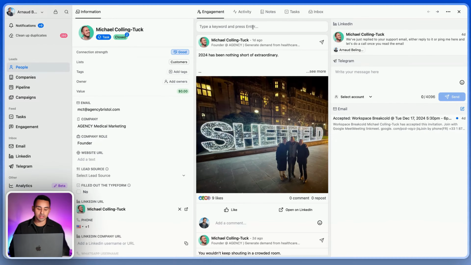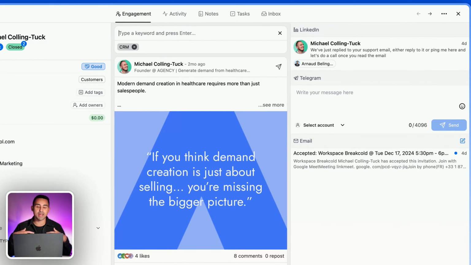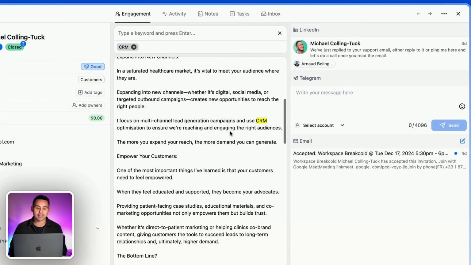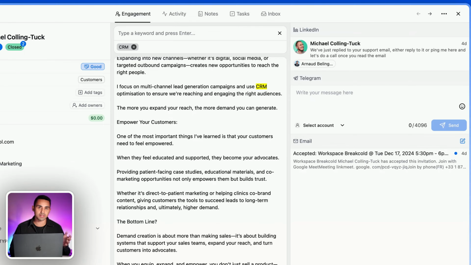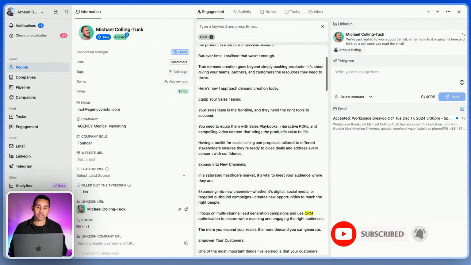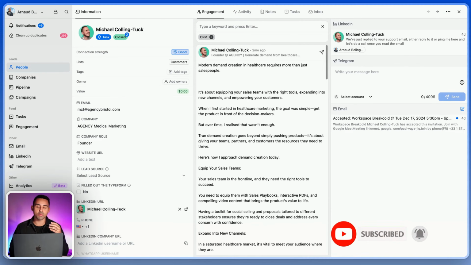In just one click, you can type a keyword related to your offer and see all the different LinkedIn posts that are linked to what you're selling to the prospect, so that you can use that post, liking and commenting natively in the sales CRM, essentially using that data to bond with the prospect